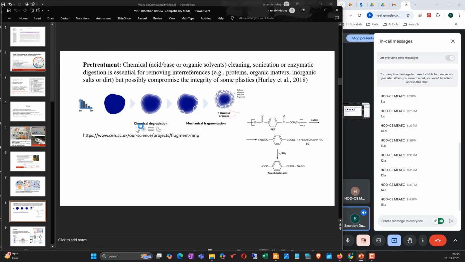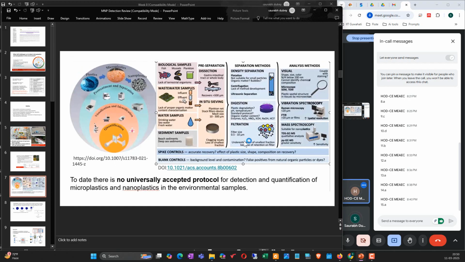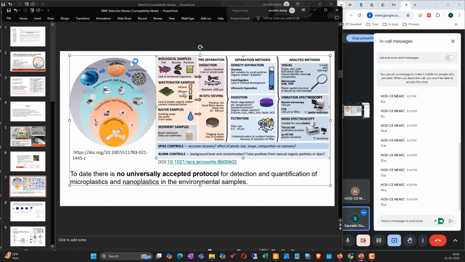If you see, lots of these are the pre-treatment. In this particular slide, here this plastic is there, it can be in the form of micro and nano. So if it is coming from the real complex samples, it has to first go for the pre-treatment and separation. So in different steps you are removing the inorganics, somewhere you are removing the organics, somewhere removing some other kind of biological entities or materials, metal ions, they are there, so that the